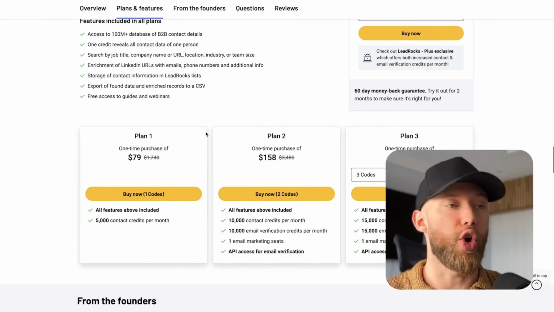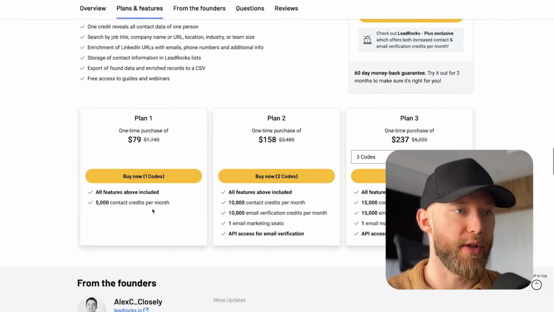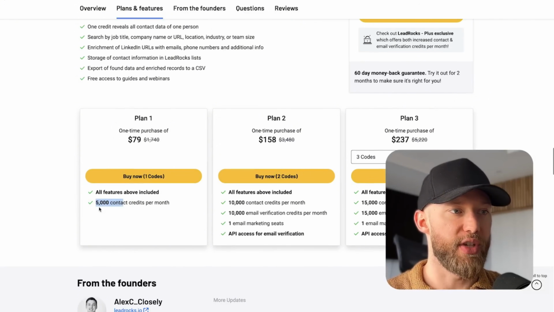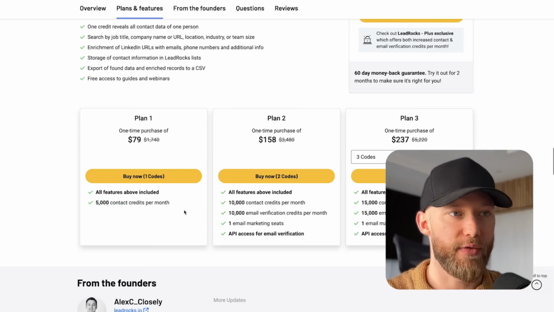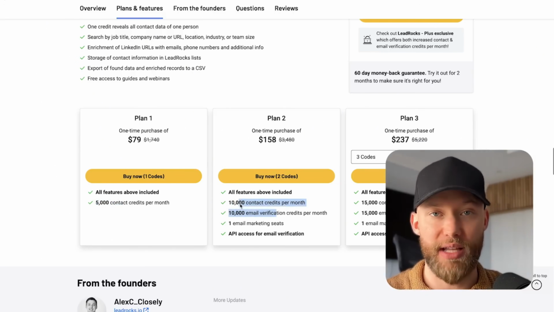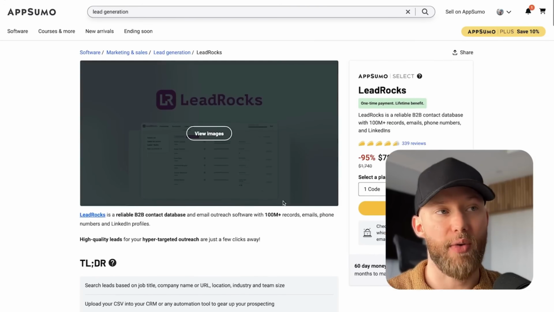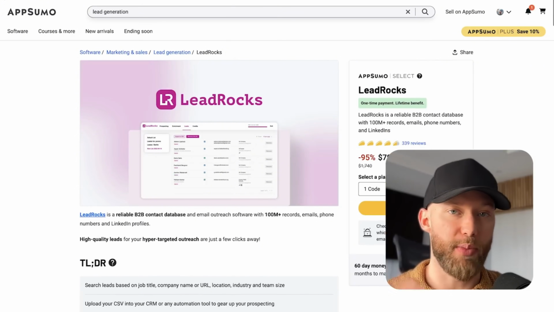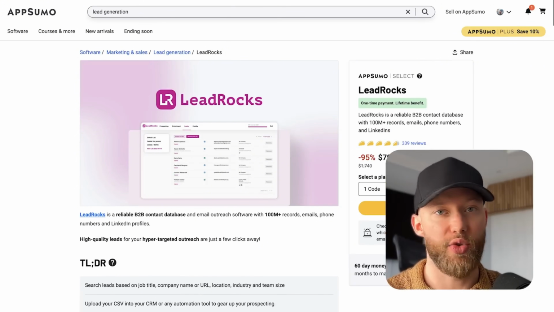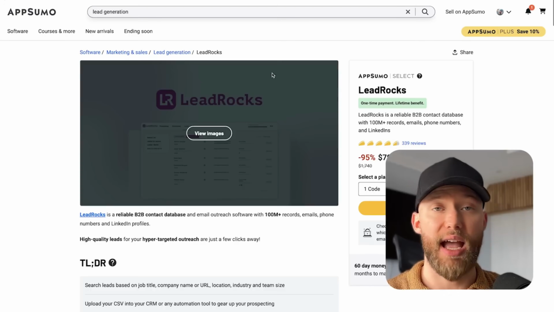Now, a lot of times you can only use it for X amount of searches per month. So for example, right here, the first tier, you get 5,000 contacts per month, but you get that for unlimited months. This is a lifetime plan. So if you're doing anything in bulk, these plans could be worth it. So definitely check this out. I suggest you use some of the cheaper tools first. Once you get some clients and you want to scale up, then you might want to go into AppSumo